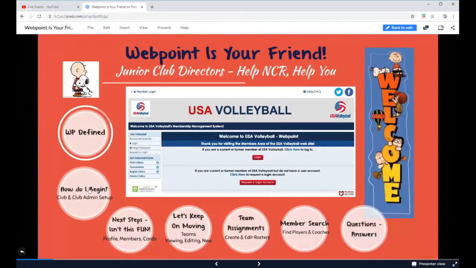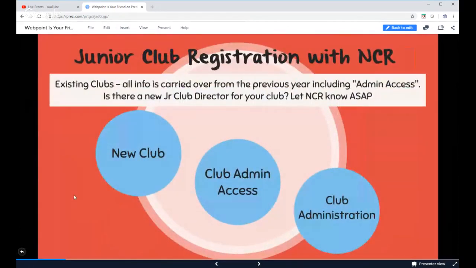So how do I begin with my club registering and getting that admin access taken care of? Well, existing clubs, all of the info has been carried over from the previous year, including admin access. In the last couple of months, we have spent time actually posting different members to their admin access from their clubs. If you let us know in the office, we were able to do that right away. Is there a junior club director that is new to your club? Well, you need to let us know that immediately so that we can get them all set up